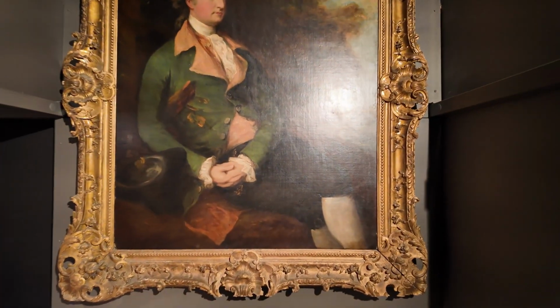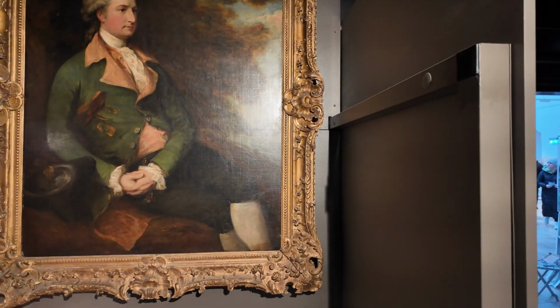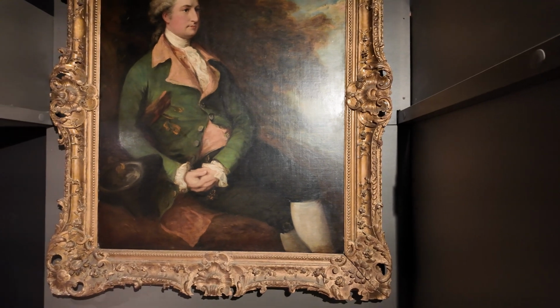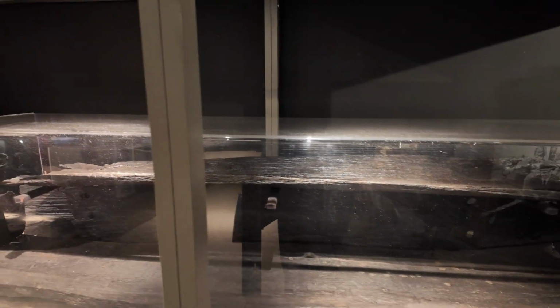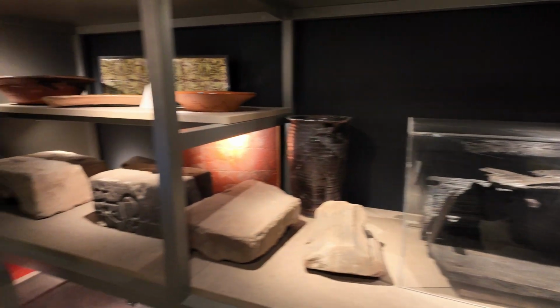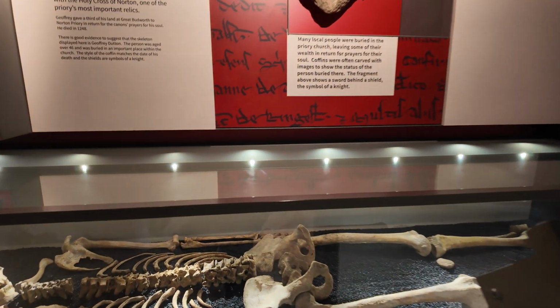So this guy here, this is a portrait of Thomas Brooke, one of the people who donated a lot of stuff to the Priory, and that's by Thomas Gainsborough. So this is a wooden coffin. So we've got lots of stone coffins outside, but several wooden coffins were also excavated. And then over here we have